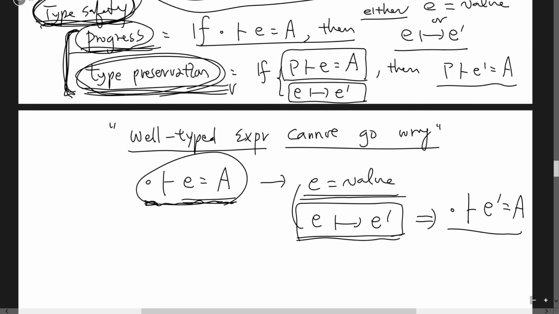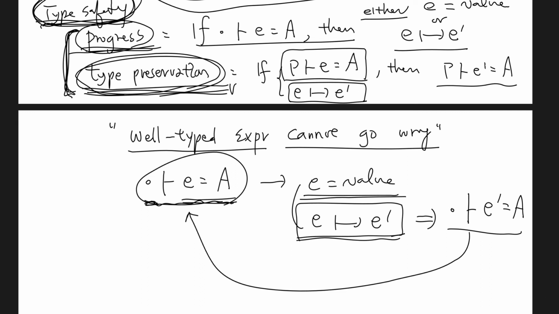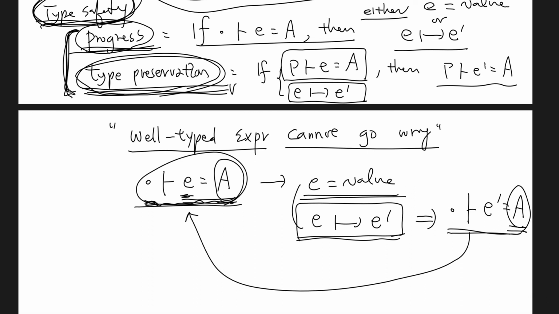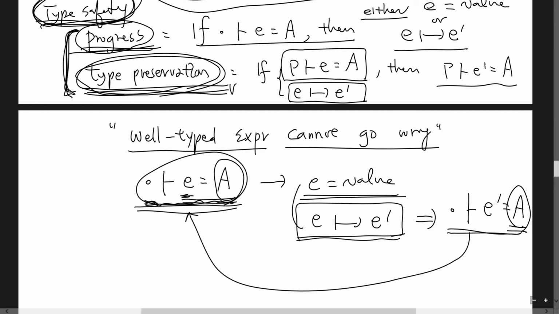Now we go back to precisely the same situation that we were at before reducing this expression. That is, we started with a well-typed expression, and we end up with another well-typed expression of the same type. This expression e has a type A, and the resultant expression e prime also has a type A. So we are precisely at the same situation. So that means that the reduction can proceed